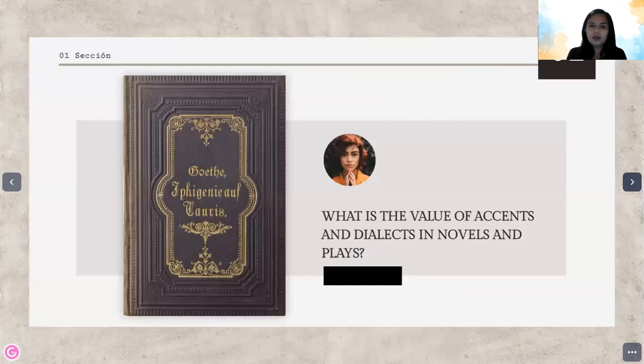Now, what is the value of accents and dialects in novels and plays? Well, as you know, novels and plays are great pieces of art that people around the world read for pleasure or maybe to learn the language. Therefore, it is important to use a standard variety of accents and dialects so that people can easily understand these